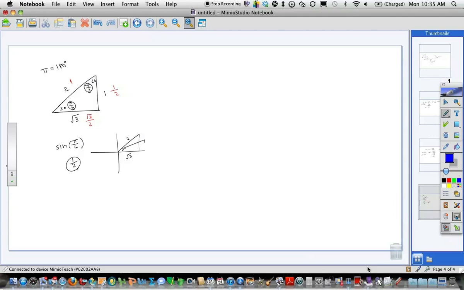Tangent would be 1 over square root of 3. And I'm okay with you leaving it that way. If you do tangent of pi 6 and you leave it 1 over square root of 3, that's fine. Okay? All right. The other triangle you need then,